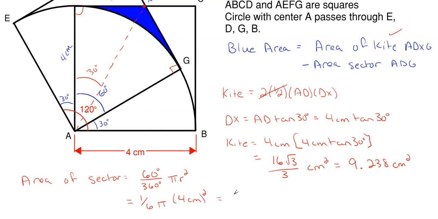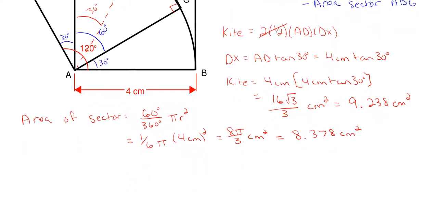And this would give us an exact area of 8 pi over 3 centimeters squared. And if you wanted to approximate that out, it would be 8.378 centimeters squared. All right, now we have everything we need to actually determine our area in blue,